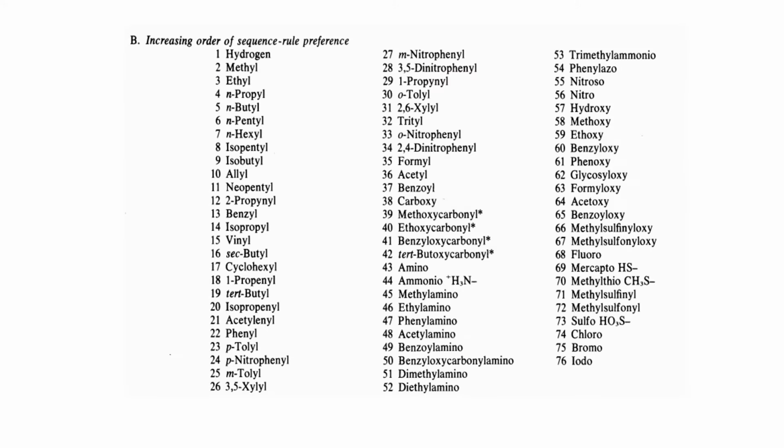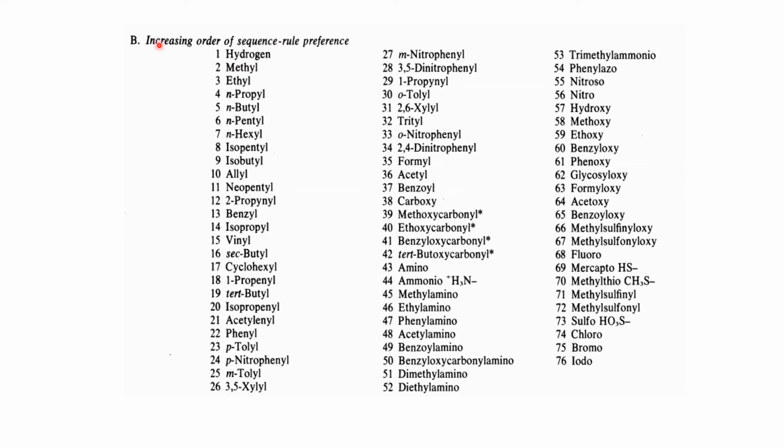Also, there is one detailed comprehensive list which is given by IUPAC. In their recommendations on naming chemical structures, in section E, there is a section on stereochemistry. At the end, you will find 76 common groups given in the sequence of priorities. You will see this is the lowest priority, hydrogen, and the highest priority, iodo group.